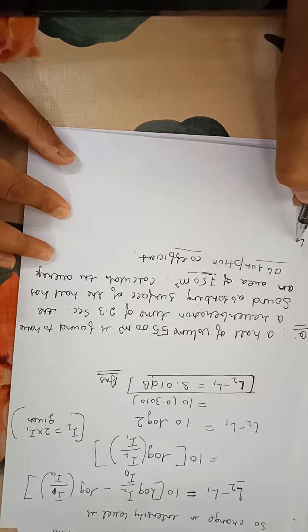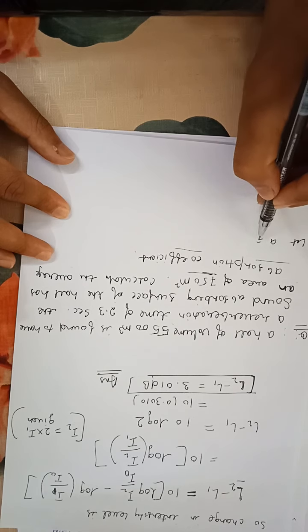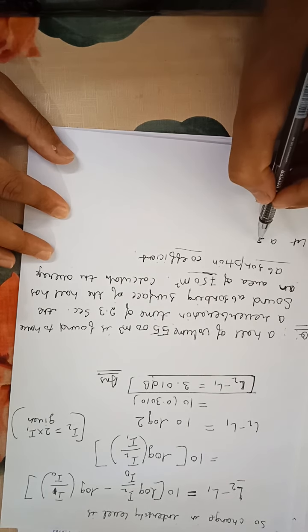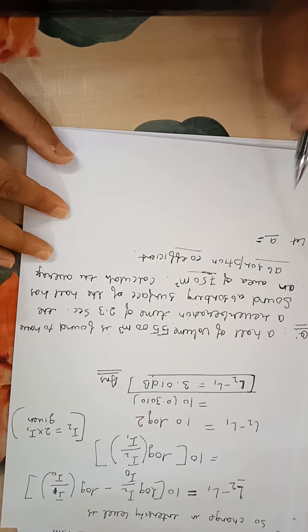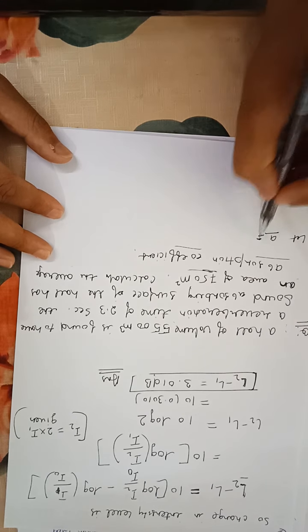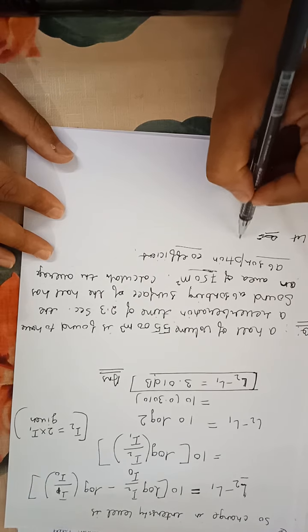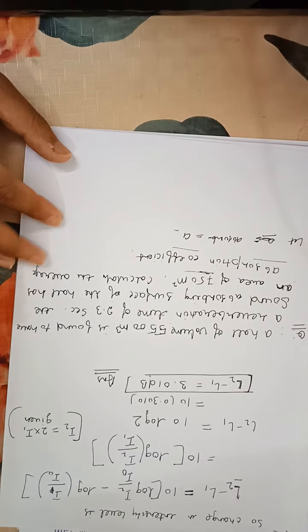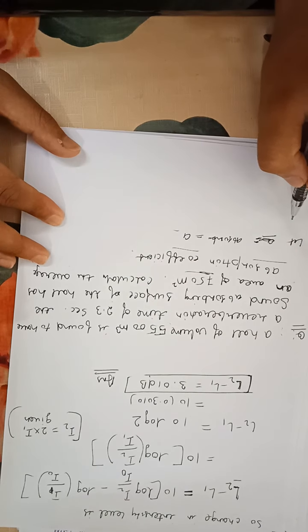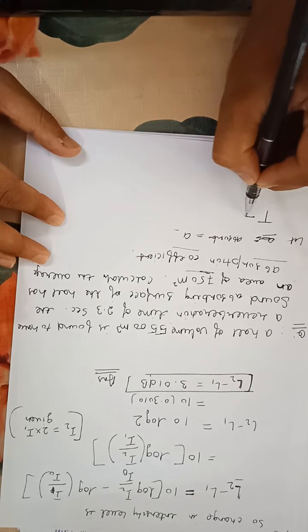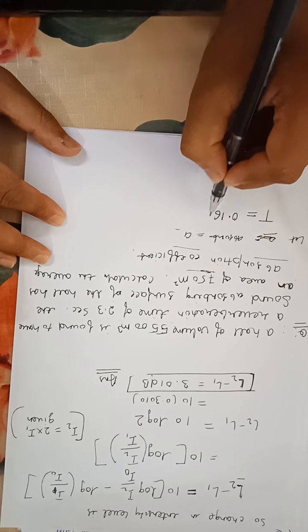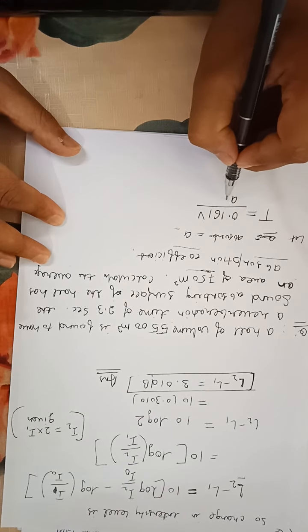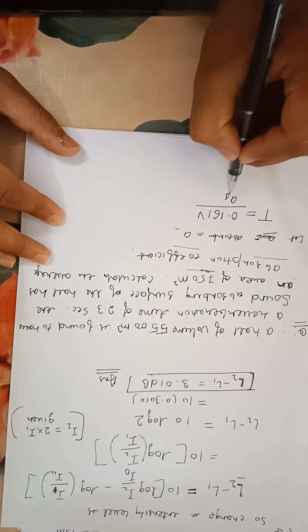So let's suppose the absorption coefficient is A. Okay, now we know the formula. T is equal to 0.161 V by AS. Okay,